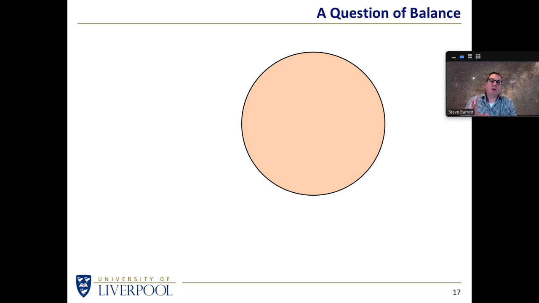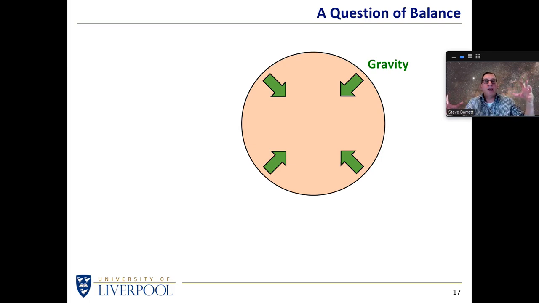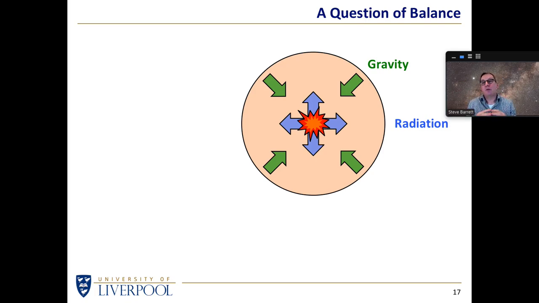So we could argue that in terms of the physics, the ABC of stars, the B is the most important thing because it's a question of balance. Gravity is always trying to shrink this star. To start with, it's a large ball of gas. Eventually, it's a small ball of gas in which thermonuclear fusion is occurring at the centre. Once fusion occurs at the core and hydrogen fuses into helium, it releases energy, and that radiation pours out from the core towards the surface, producing a pressure which opposes the force of gravity.